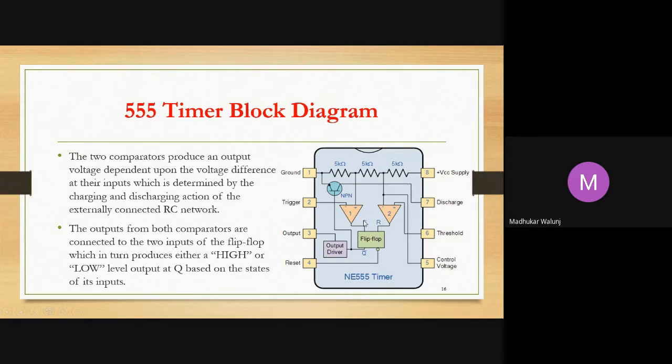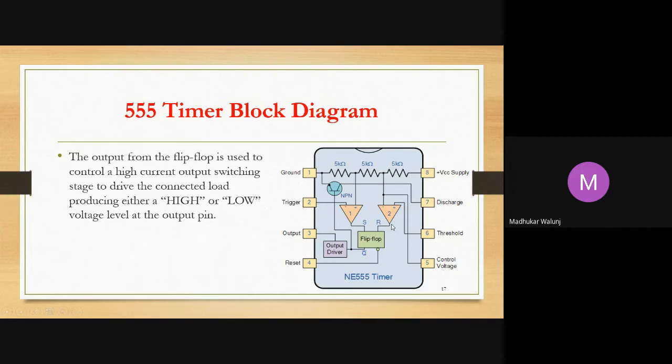Depending upon S and R, if S and R both are 0, we get NC, that is no change in the output. If S is 0 and R is 1, we reset the flip-flop. If S is 1 and R is 0, we set the flip-flop. There should be no condition where S and R both are 1, because in an SR flip-flop we get the forbidden state. The 1/3 and 2/3 VCC will lead us to S equal to 1 or R equal to 1, but they will not be equal to 1 simultaneously.